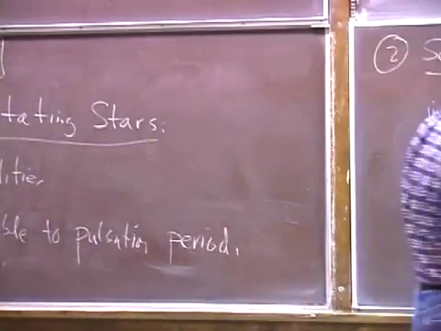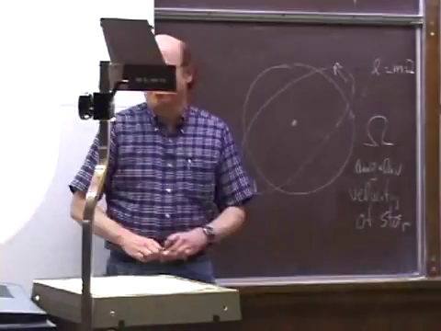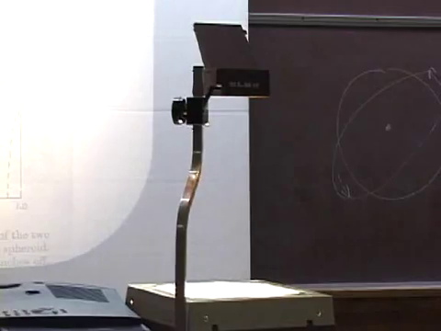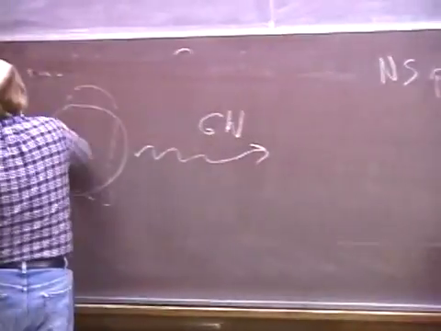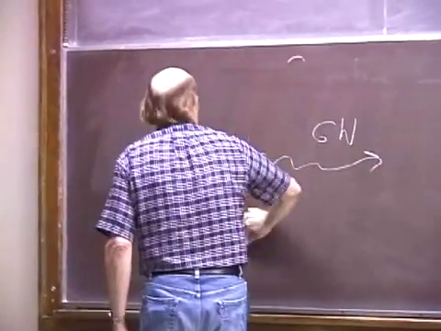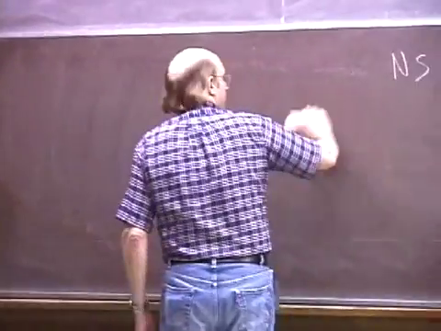So how do you do that? There are basically three ideas that people have thought about in which you could plausibly get very rapidly rotating neutron stars. They're all basically related, but